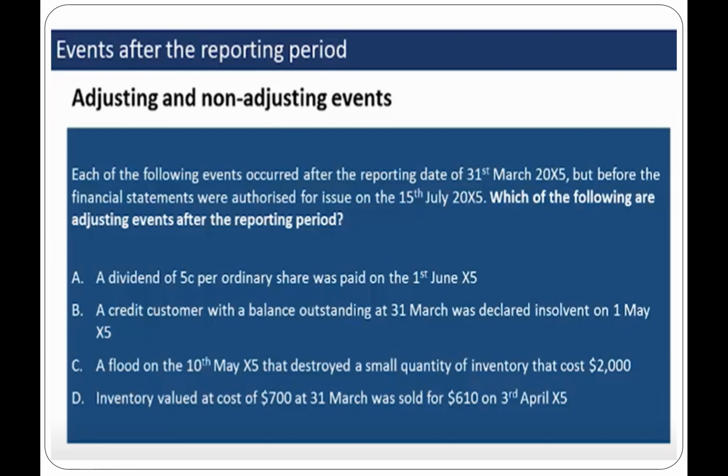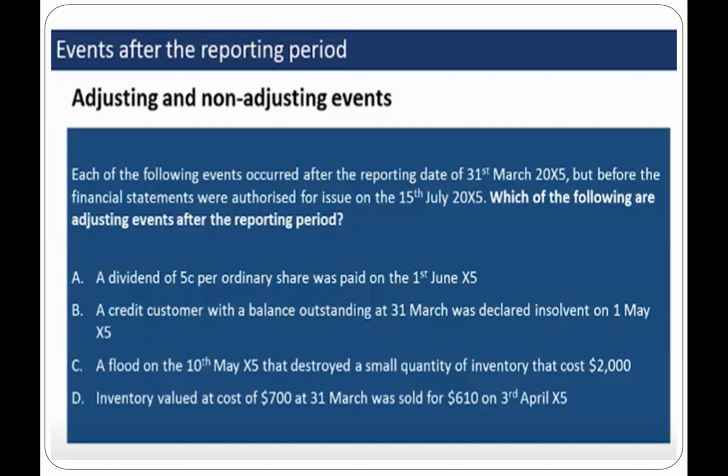An inventory valued at cost of 700 at 31 March was sold for 610 on the 3rd of April. So we said at 31 March, we were actually supposed to have valued our stock at the lower of cost or net realizable value. We just didn't know what the net realizable value of those goods was at 31 March because we had not actually realized anything from selling them. We then realized 610 when we sold the goods on the 3rd of April, which means the realizable amount was lower than the cost,